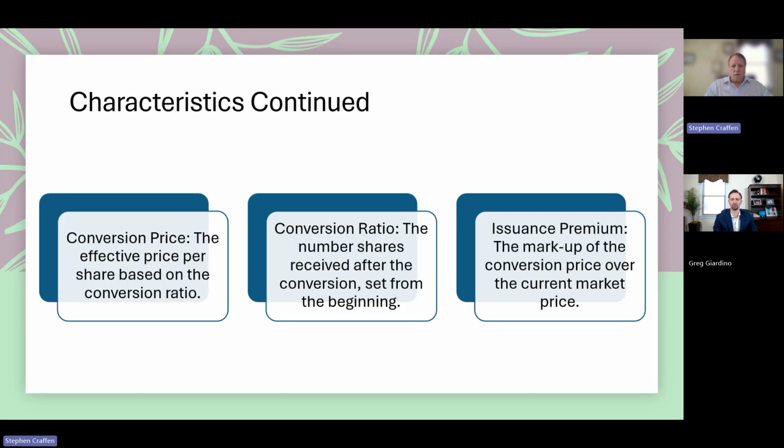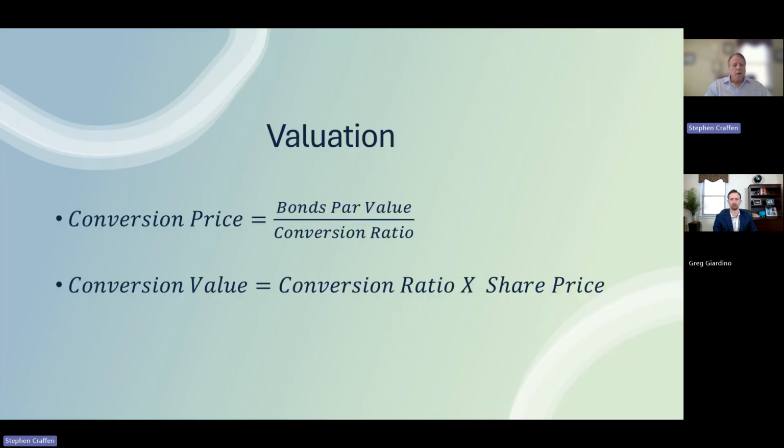Typically, the conversion is at the choice of the bond holder. It's not at the choice of the company. So this option really works in your favor with a convertible bond. So you have that ratio. You have the bond's par value divided by the conversion ratio, and that's the conversion price. Now, I mentioned the stock was at 50 and the ratio is 20, you have $1,000 in stock you can convert the bond into. But if the stock goes up to $60 a share, now suddenly your bond is worth $1,200, because you could convert 20, you can get 20 shares at $60 a share, or $1,200.